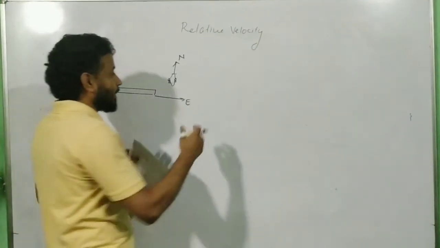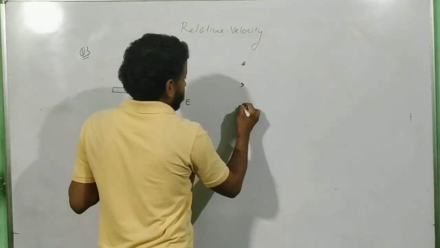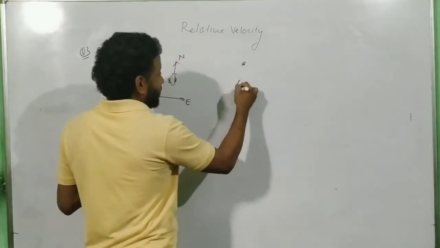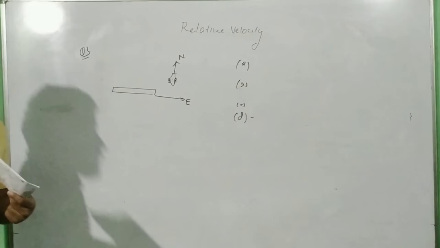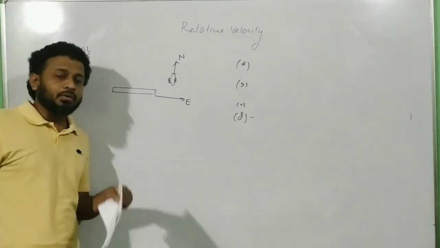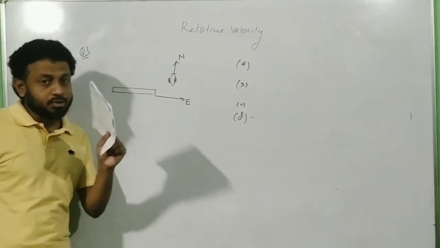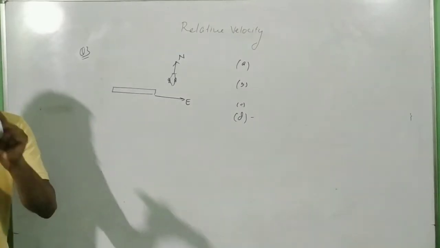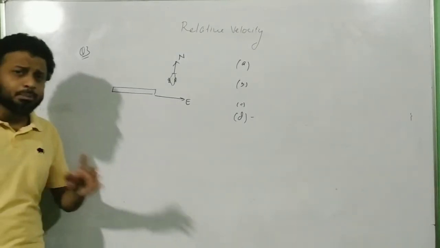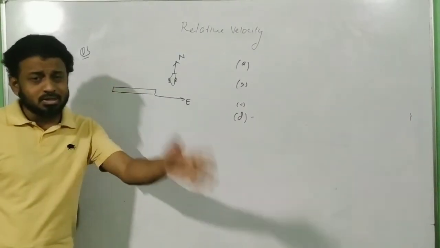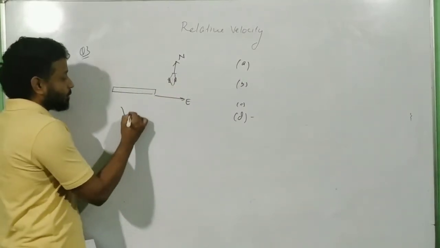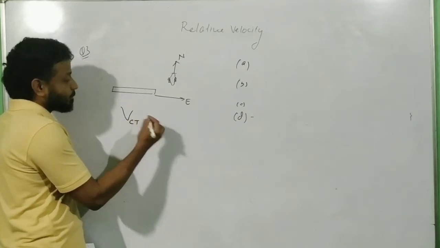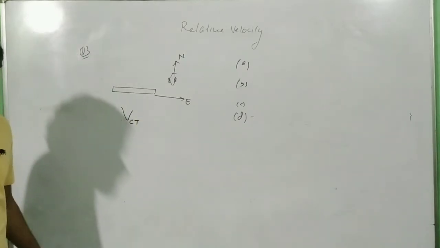The options are like, if I read the question thoroughly, you will get to know why the options are like this. The question just says in which direction the car will appear to move with respect to a passenger inside the train. Simple, forget the passenger, just imagine where is the passenger. Passenger is inside the train. That means, in simple words, you are supposed to find velocity of the car with respect to train. As simple as that. Okay?